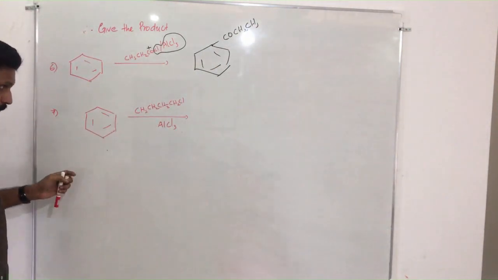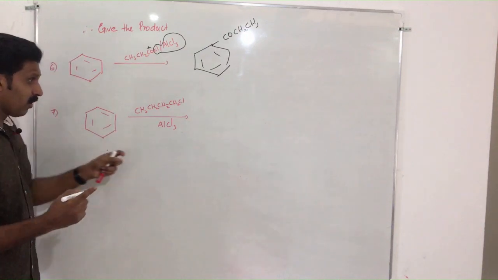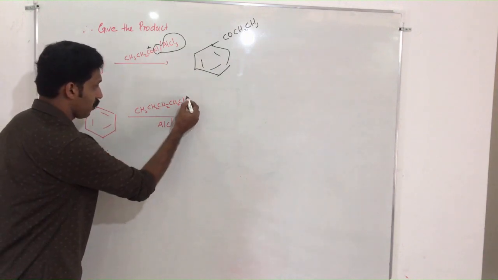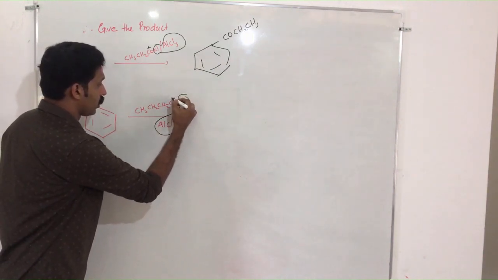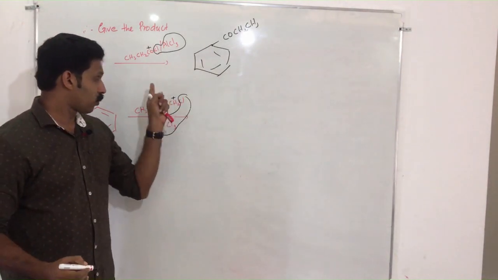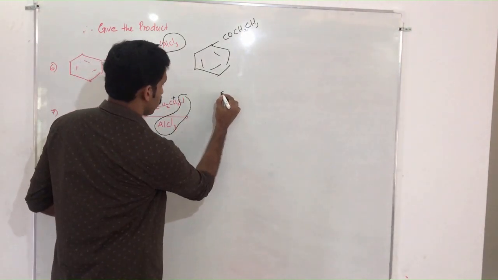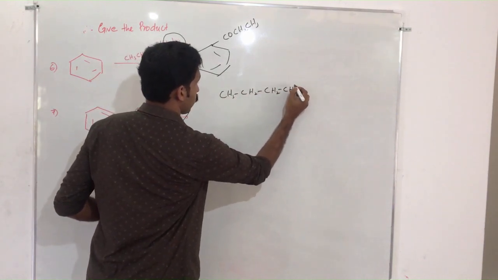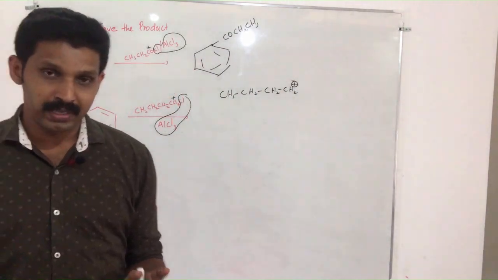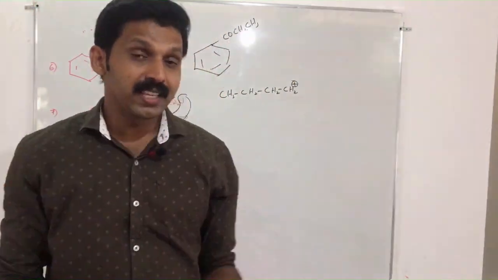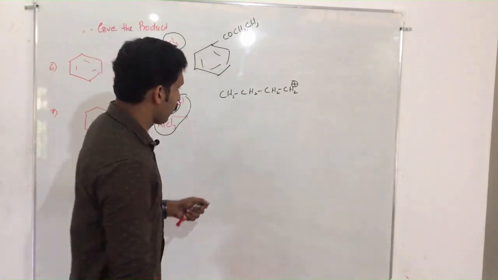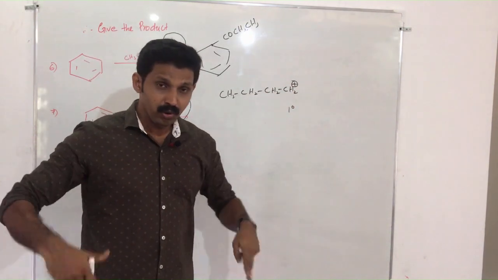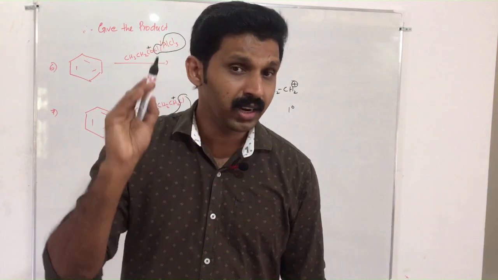Now, here again it is a Friedel-Crafts alkylation, because an alkyl halide is given in the presence of AlCl3. In the first step, the chlorine will go with the AlCl3, and due to this CH3CH2CH2+ is formed. This species is formed. Before directly attacking the benzene ring, you have to consider whether there is a possibility of rearrangement. This is a primary carbocation, because the plus charge is attached to this carbon atom.